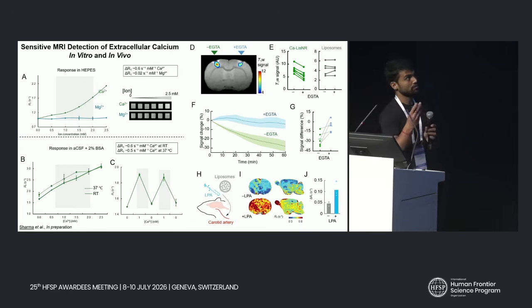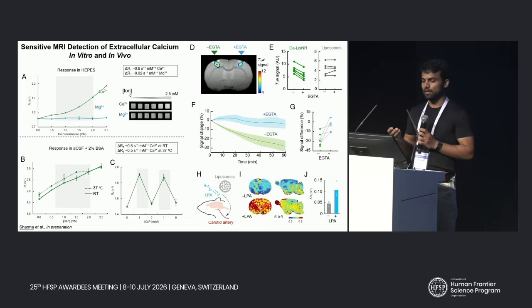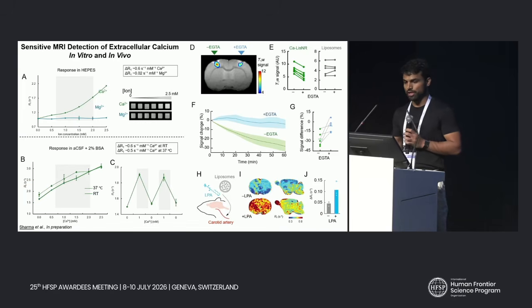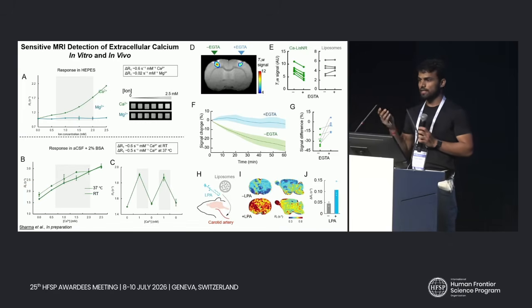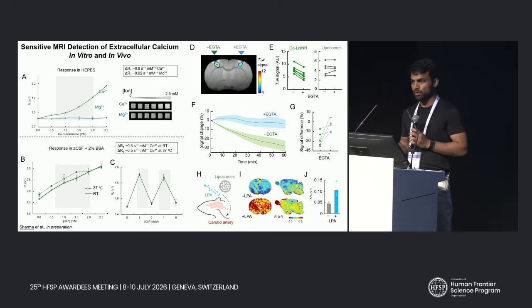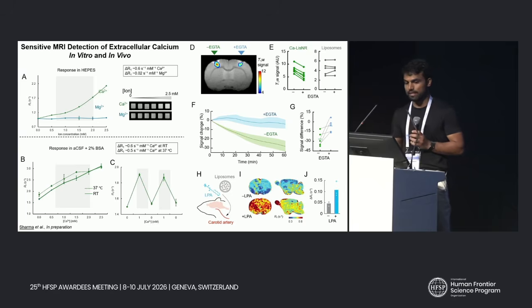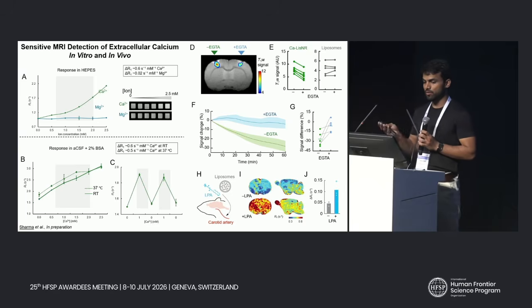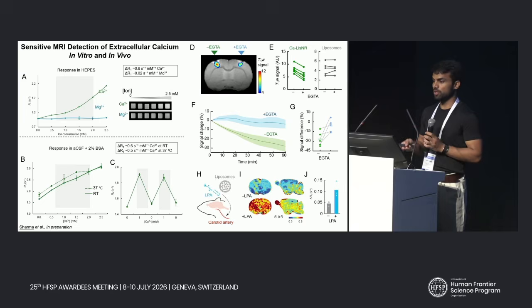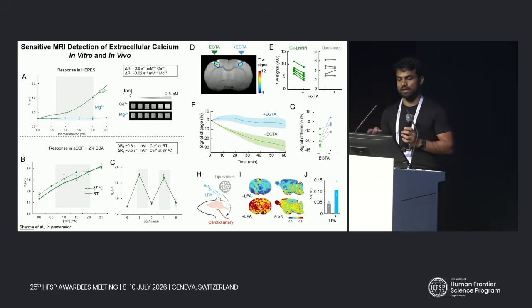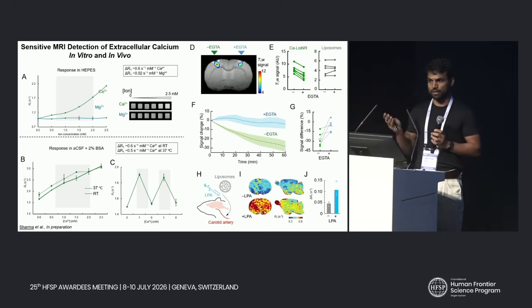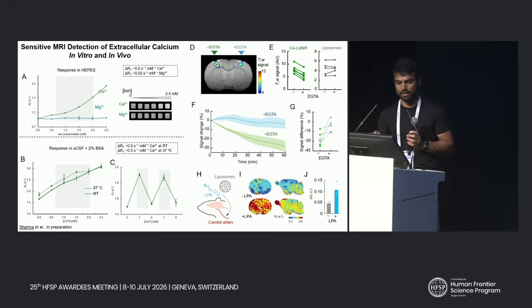This slide explains how we validate our sensor both in vitro and in vivo. On the left side, you can see the sensor responds to calcium and has no sensitivity for magnesium. It is also sensitive in a more physiological medium like ACSF, and when supplemented with some protein. This is also reversible, including at 37 degrees Celsius, when you remove or supplement calcium,